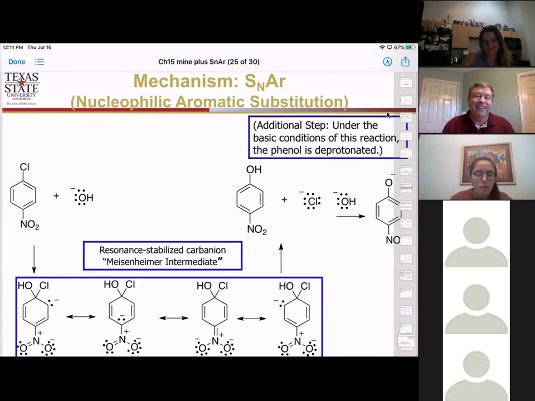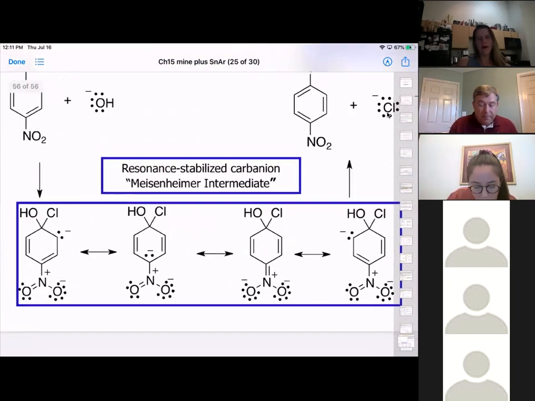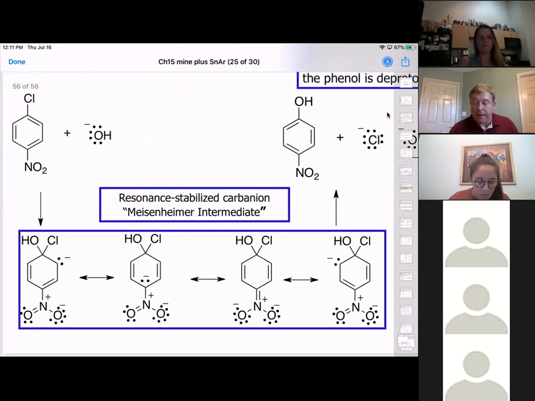Anyway, okay, so in the nucleophilic attack, we do the same thing, except we are generating an anion, okay? We're having attack by the hydroxide, we're breaking aromaticity, we're generating an anion. But unlike the case where we had the positive charge moving around and being repelled by a positive charge, the positive charge actually helps us because we can stabilize our negative charge by having it adjacent to our positively charged electron withdrawing species, okay? So this